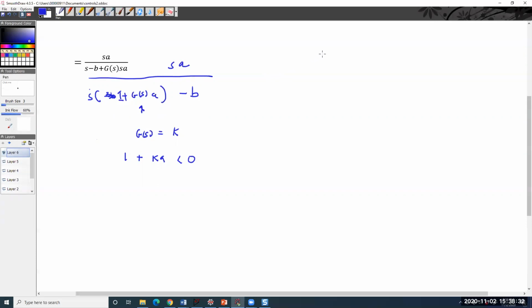What other things will fix it? Well, these are of opposite signs. Proportional allowed me to change the sign of the S term, but what will allow me to change the sign of the constant term? So I see an S here. If I want to combine that with B, I have to get rid of it. So